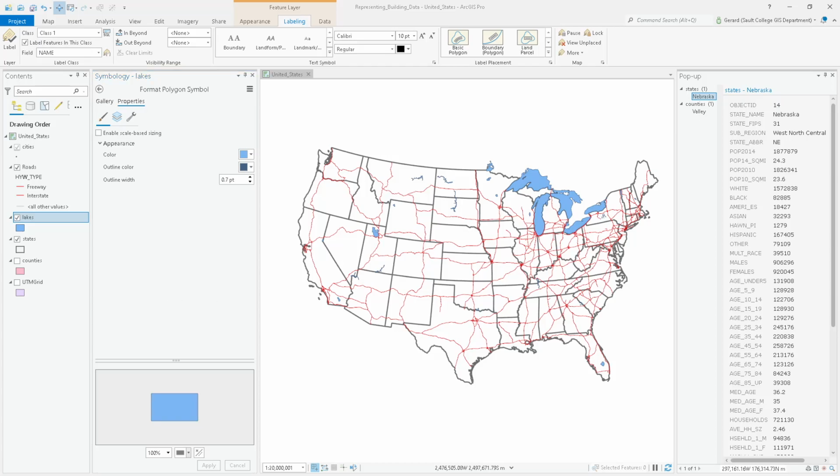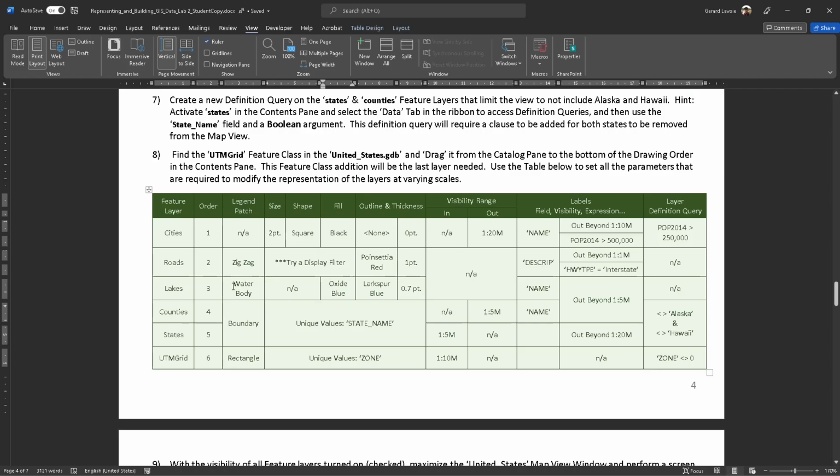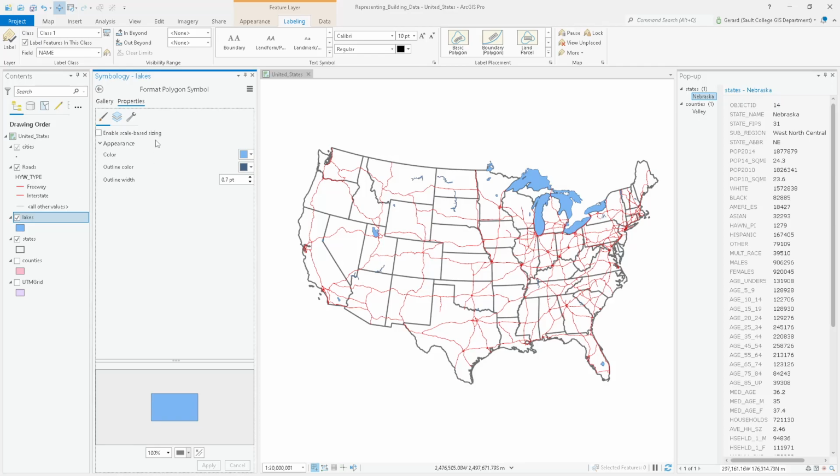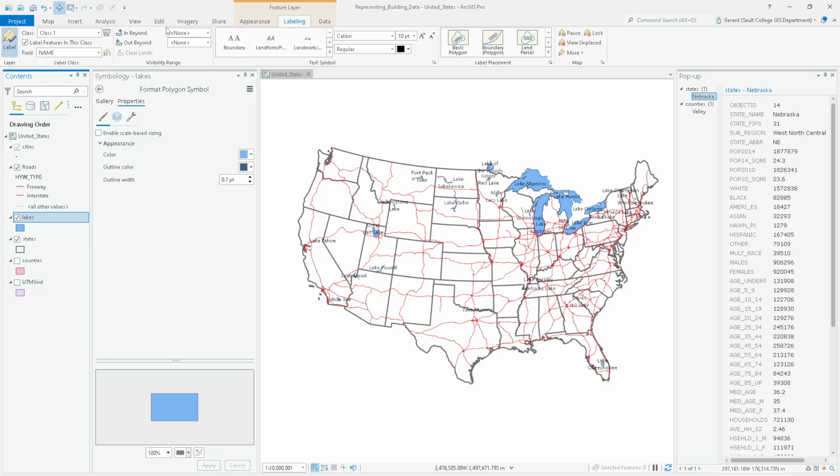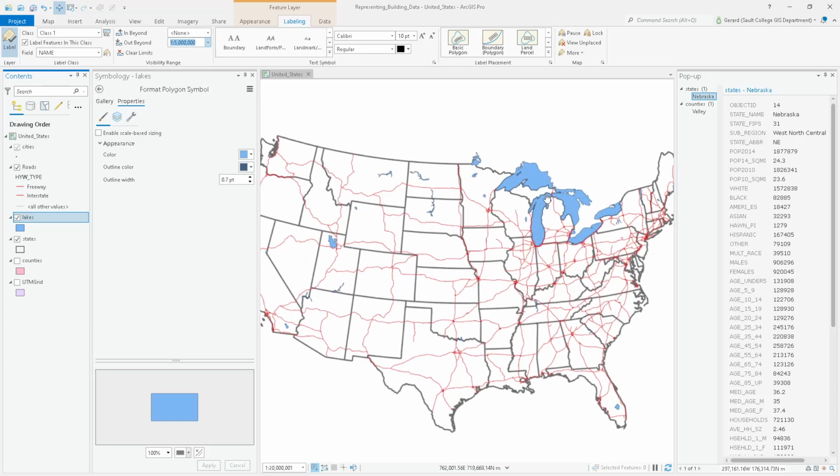Okie doke. Let's go back and see what's next. For the lakes, we want the legend patch to be a water body shape. 0.7 point is fine. We're going to label the lakes, and we aren't going to have the labels show up outside of 1 to 5 million. Okay. Let's turn on the labels, and then let's put in a visibility range out beyond 5 million. So if we zoom in,